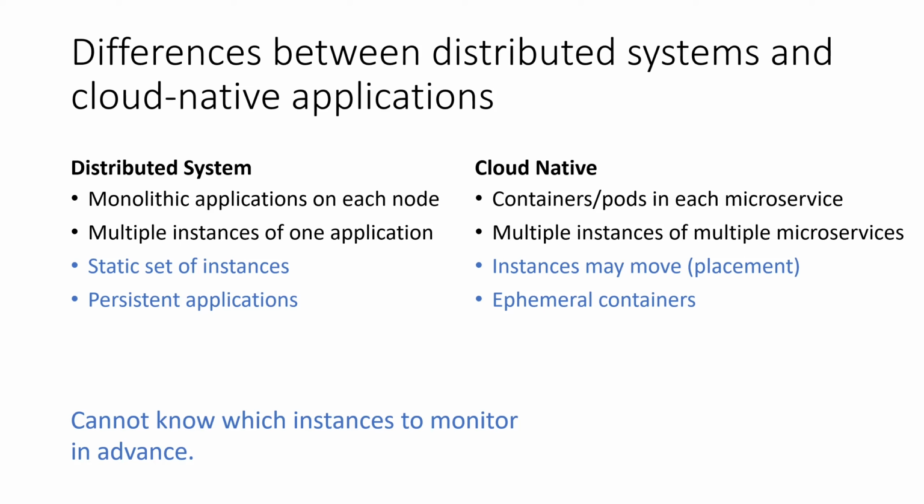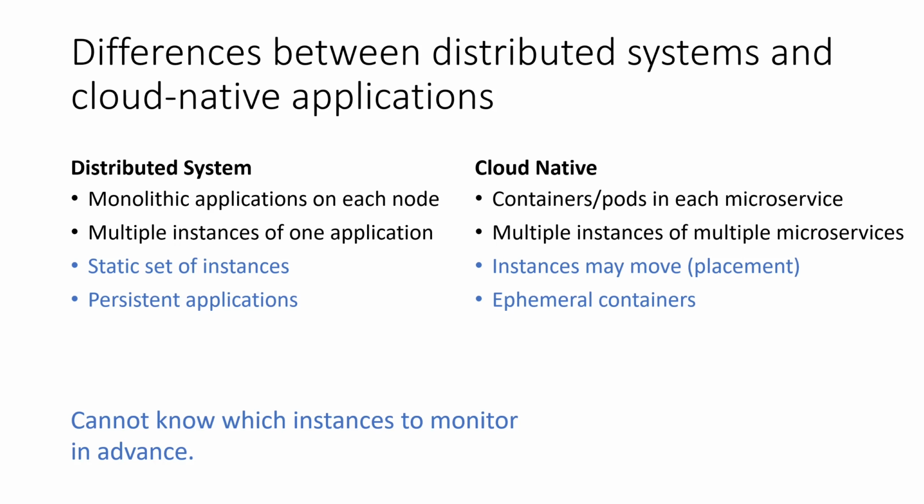Another difference is that in a distributed system, the set of instances that we need to monitor are more static, and they usually persist. For example, in the driver's license example, the states are fixed and instances run all the time. In a cloud application, instances may move, the containers are ephemeral so we can create new ones and they can move to different VMs. A monitoring system for a cloud application doesn't know which instances exist in advance,